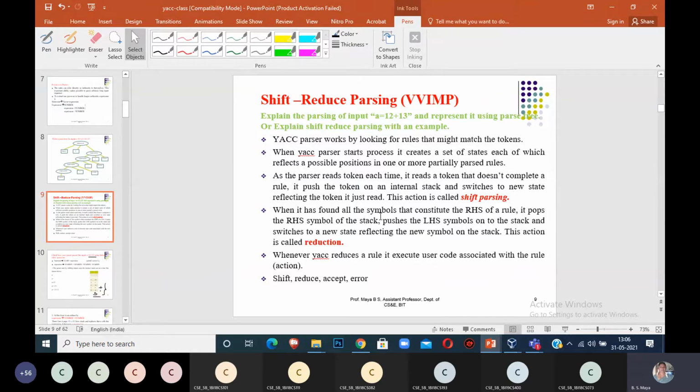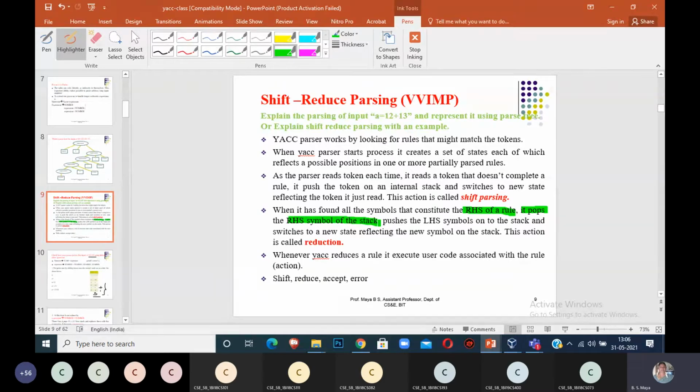When it has found all the symbols that constitute the RHS of a rule, that is number plus number, what should be the next action? It pops the RHS symbols off the stack.